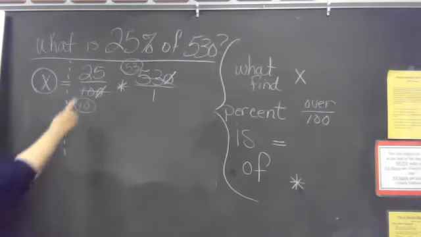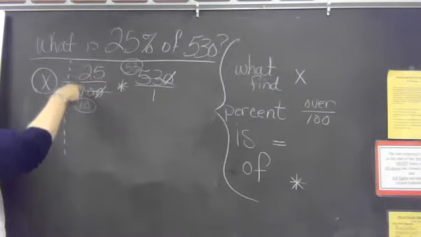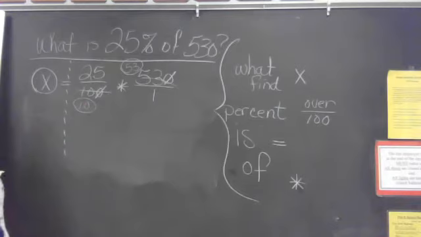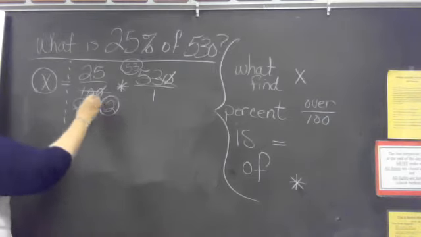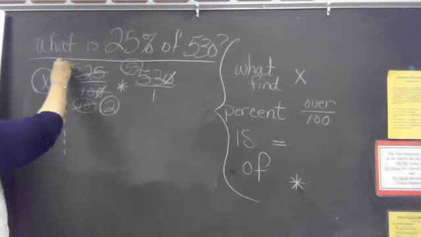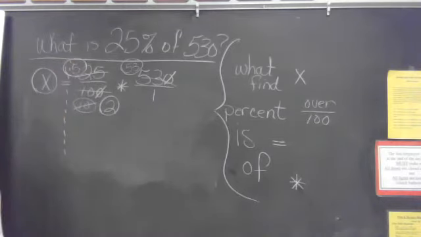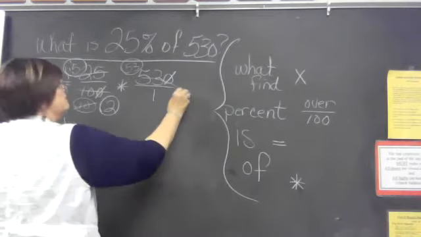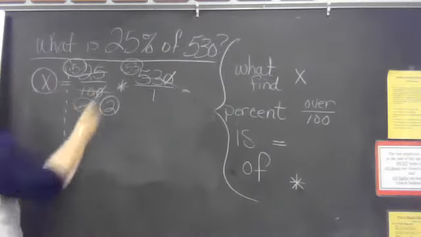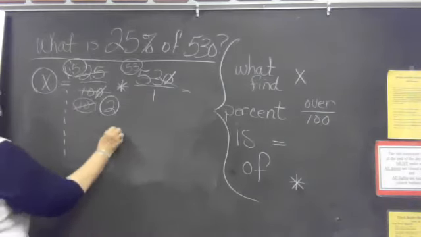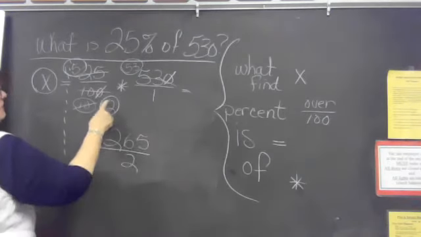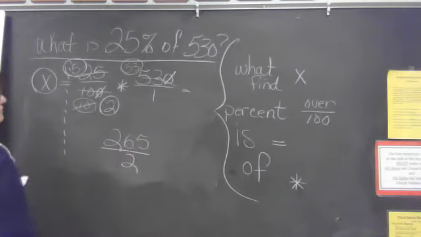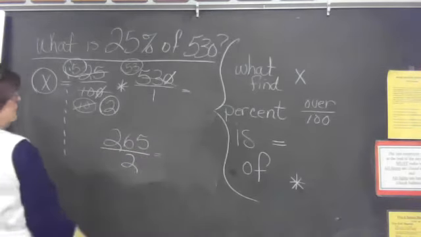Okay, look at the top and the bottom here. If anything ends in 5 or 0, it will divide by 5. So both of these will divide by 5. When I divide this by 5, I have a 2. When I divide by 5 here, I get 5. That makes my numbers a lot smaller. And so I have 5 times 53, which will be 265 over 2, because I take 2 times 1 and get the 2. And then when you divide that out, you're going to have